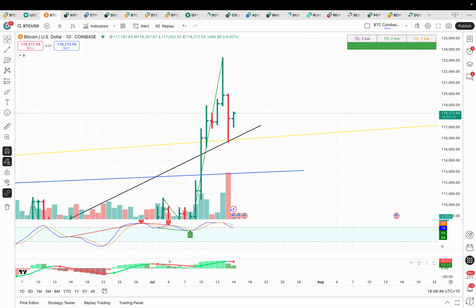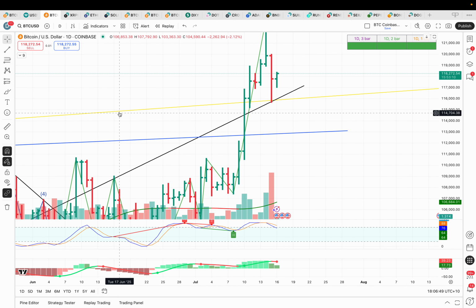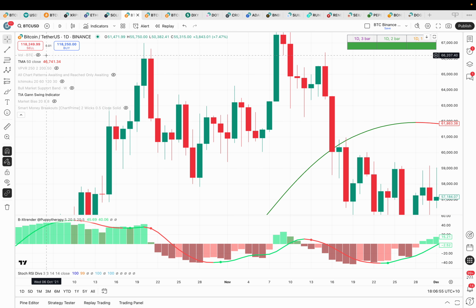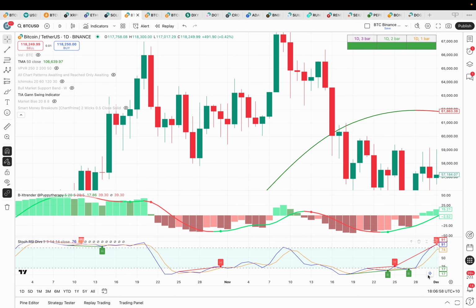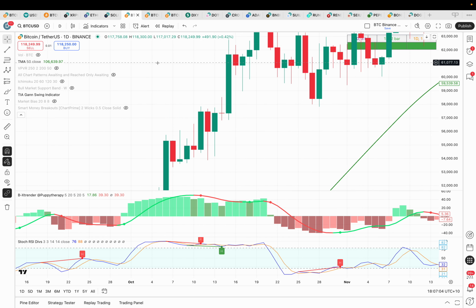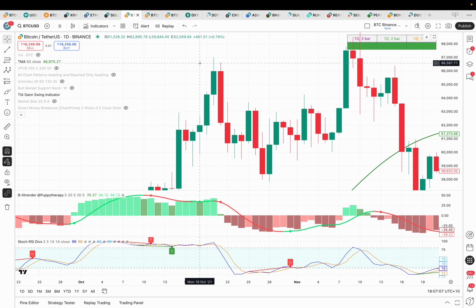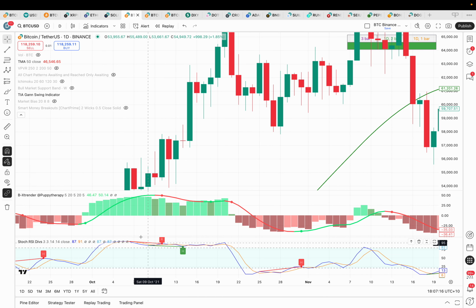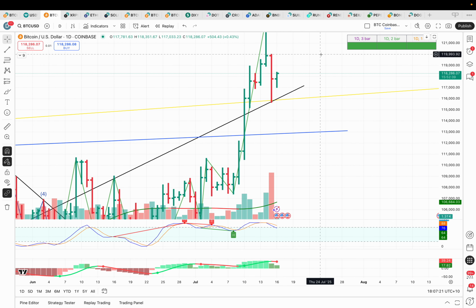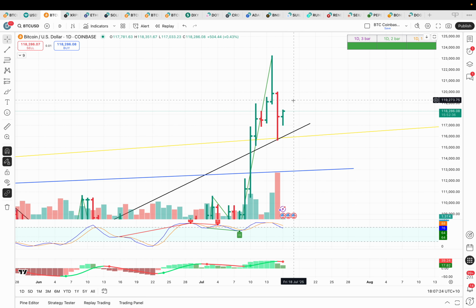And we can also see here that the stochastic RSI has not reset in quite a while. And if we look at the previous cycle, if I actually add my stochastic RSI indicator, you can see the stock RSI here, after being topped out for this entire run up, as soon as it crosses bearish, it basically needs a reset to pretty much 0, unless you get the bearish cross and immediately follow up with a bullish cross and continuation, which could absolutely happen if we start seeing closes and higher lows above $119,500, which Michael also